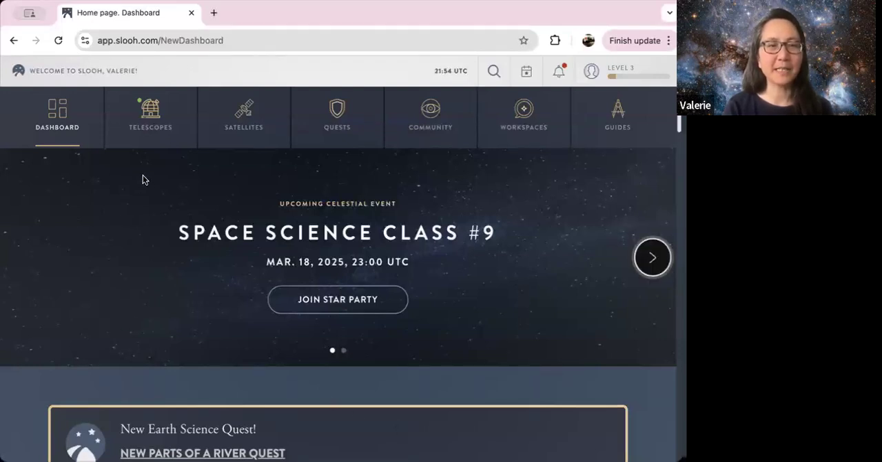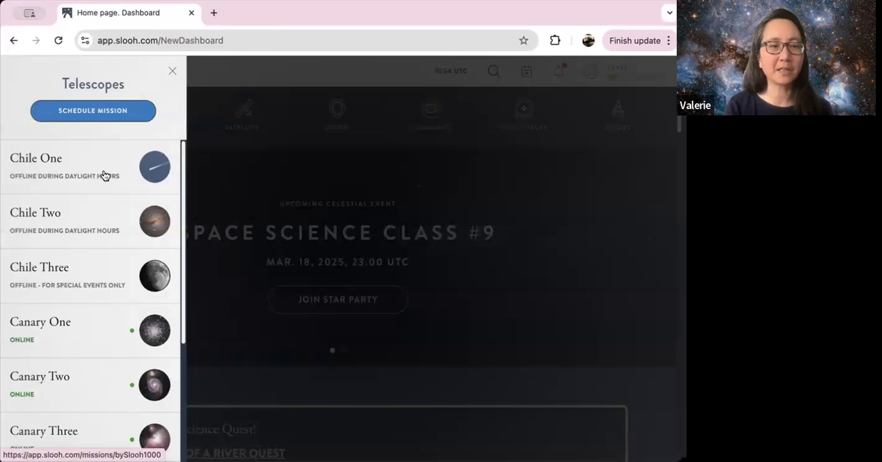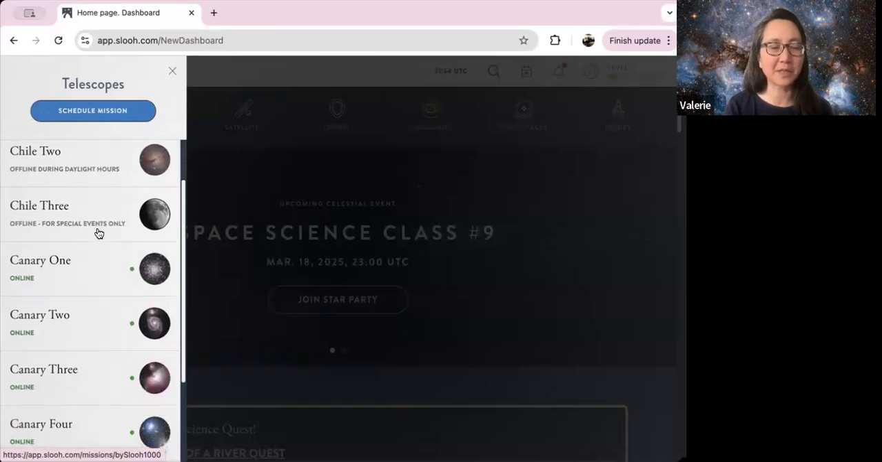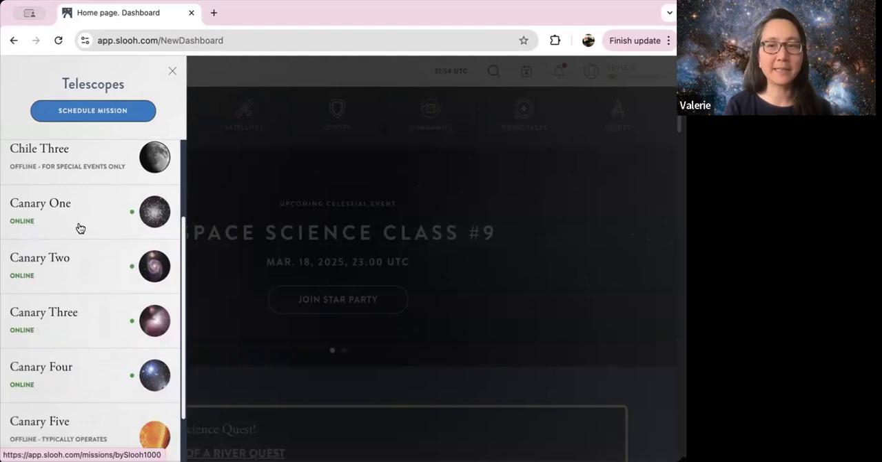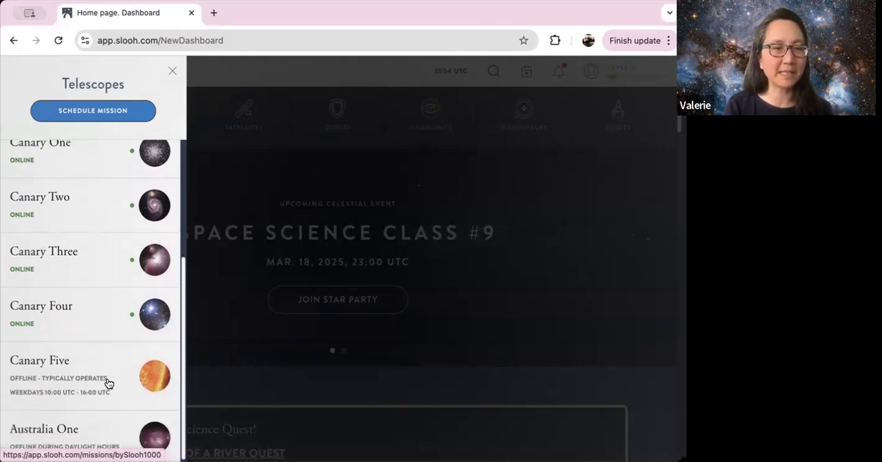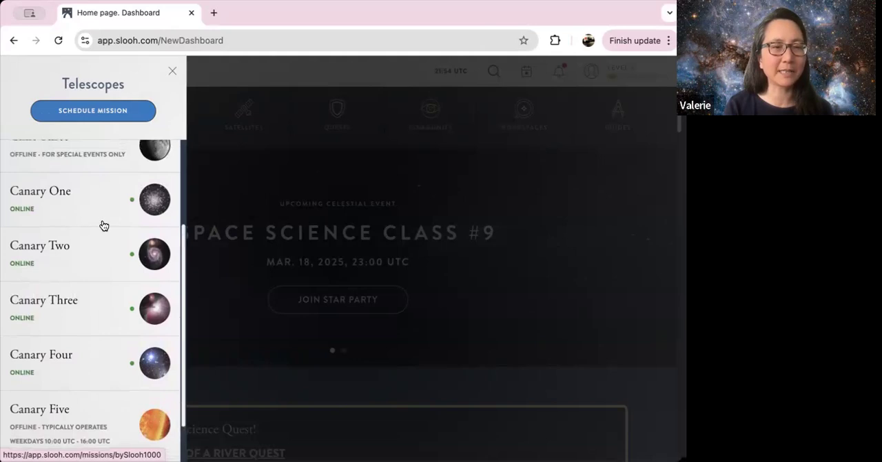And at the top of the screen, you have this section called telescopes. So you can click on this and you will see a list of all the Slooh remote controlled telescopes here. And the ones that are online, or that you can actually see through right now, are marked with online in green and a little green button. So you can see that the only ones online currently for my time zone are Canary 1, 2, 3, and